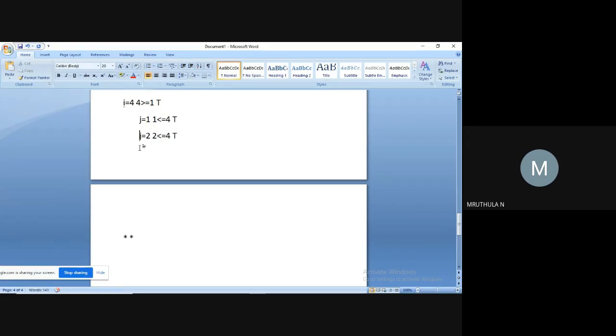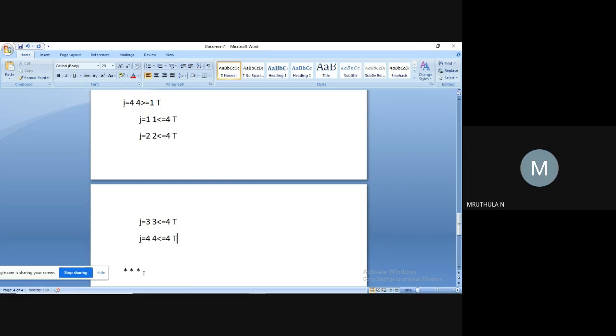Again, it reaches the closing brace of the j for loop. So the value of j is incremented to 3 and it checks whether 3 is less than or equal to 4. Condition true, so again it executes System.out.print star space. Again, the value of j is incremented, j is equal to 4 now. 4 less than or equal to 4, which is true.